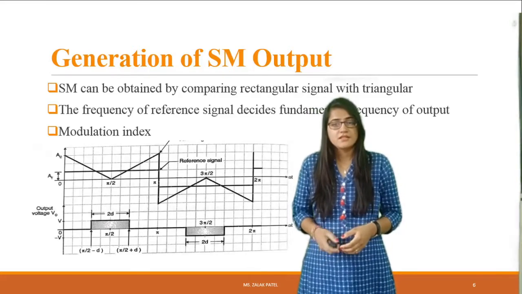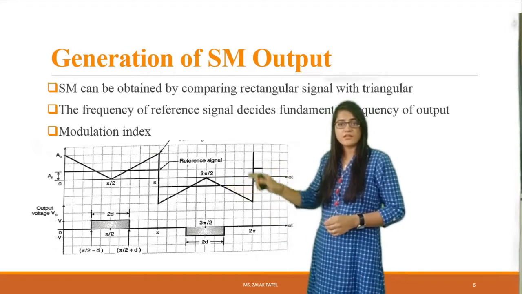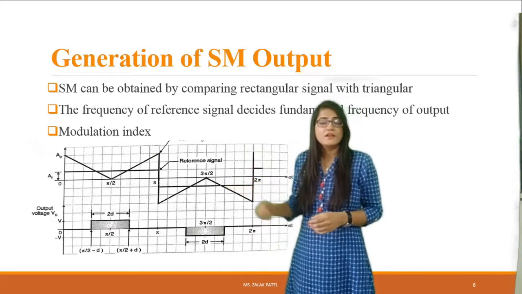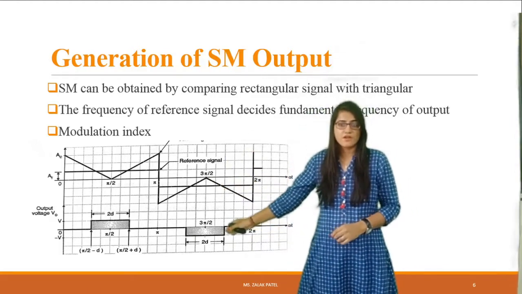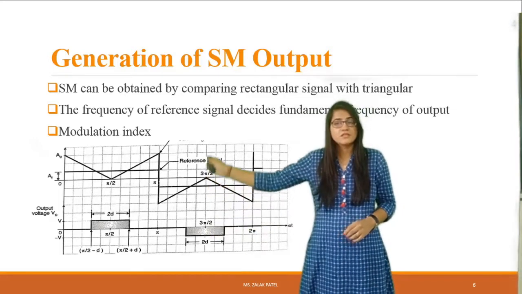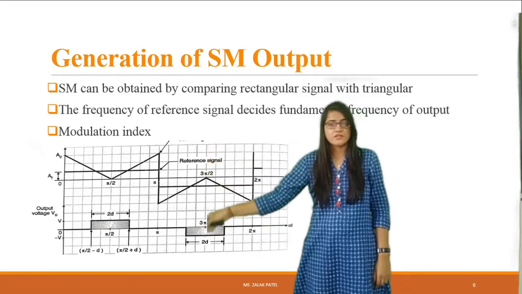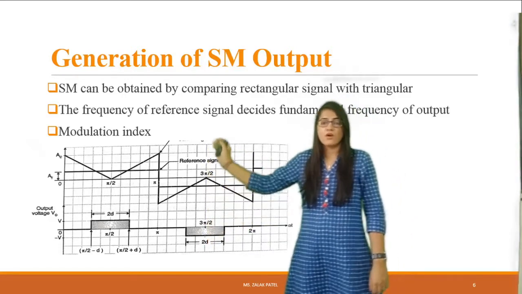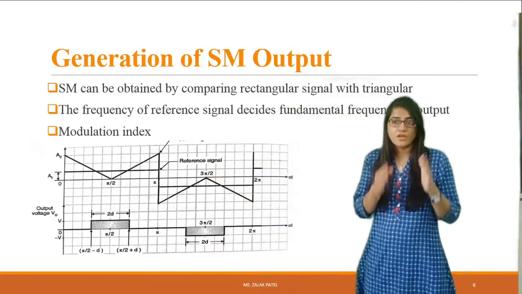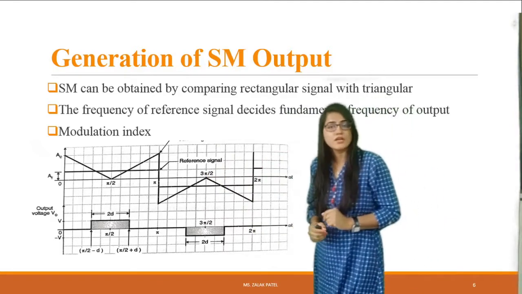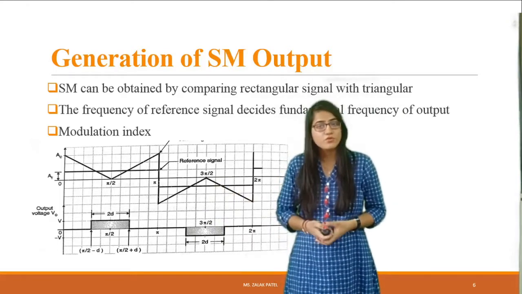So here, let's see this waveform. One reference signal is there. You can see this rectangular signal is our reference signal, and the triangular one is our carrier signal. According to it, you can see the output voltage will depend on 3 pi by 2, meaning it will be created at 90 degrees and 270 degrees. You can see the center point is at 270 degrees, or for pi by 2 it will be at 90 degrees. So it gives maximum value at 90 and 270 instead of 180 degrees. So by using the reference and carrier signal, you can generate the output voltage waveform.